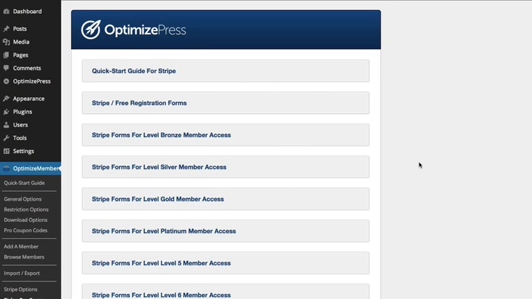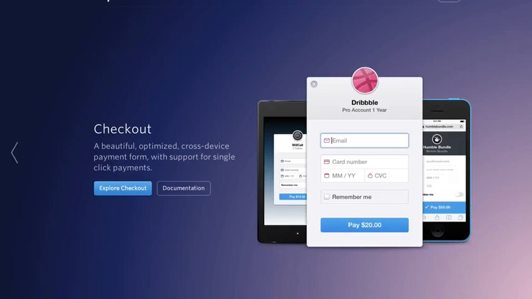In this video, I'm going to show you how you can set up Optimize Member and integrate it with Stripe so you can take payments on your website. So firstly, we're going to go to stripe.com, and from here on the Stripe homepage, let's just get the slider